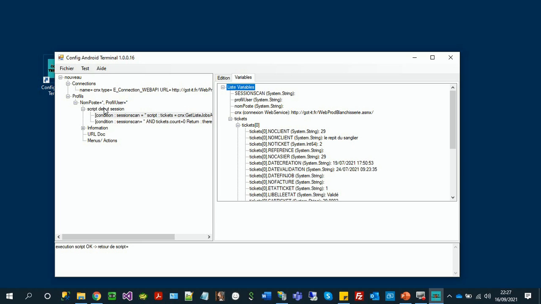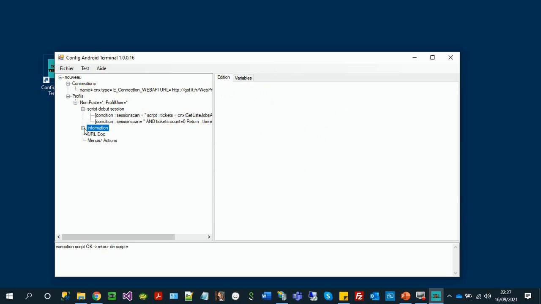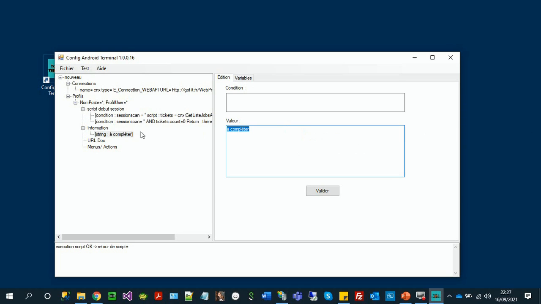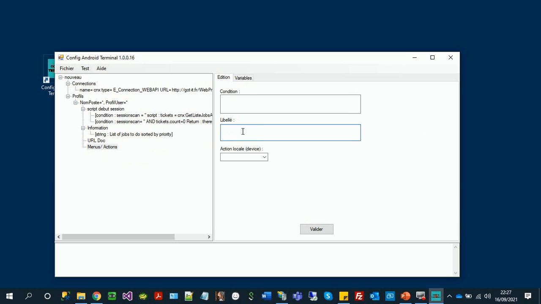So the scripts of the session opening are done. So now we can display a message. The message will be, for example, list of jobs to do, sorted by priority. Okay, then we have a button, jobs to do, and call it like that. Okay, jobs to do. And when the operator clicks on this button, it will display the list of the items,